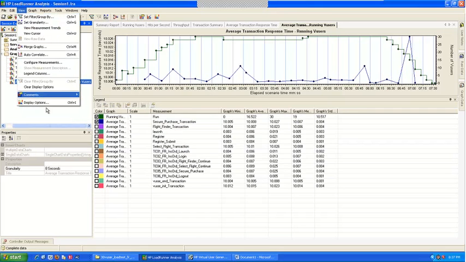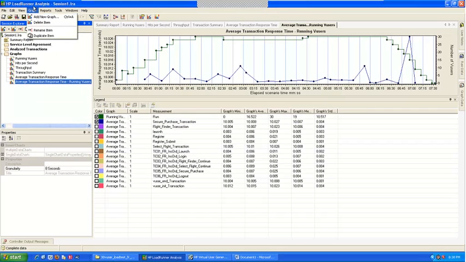Then the rest is just display. Add graph is the same thing that comes up when you right click. It's the same window. Report. Now you can generate whatever report you want. I can generate an HTML report, a Microsoft Office report, or a Crystal report. Now Crystal, we don't have that software, so mostly we use these two reports.